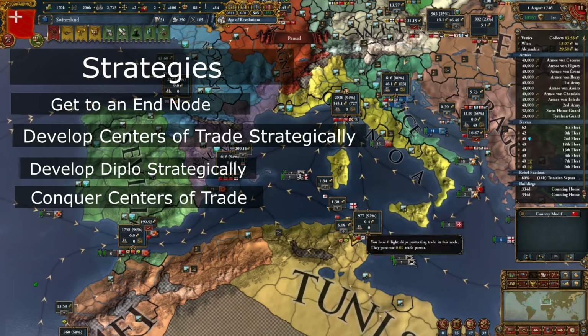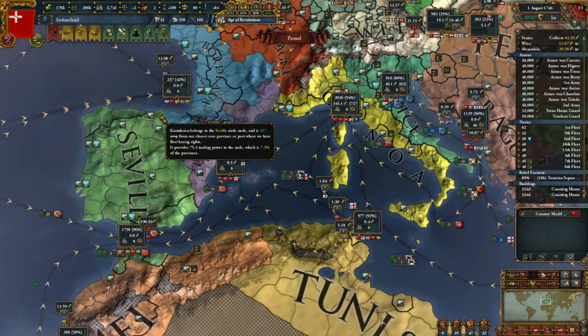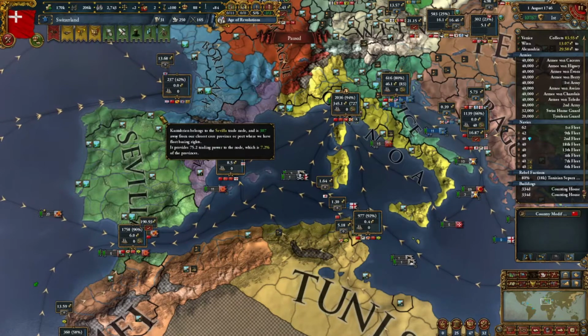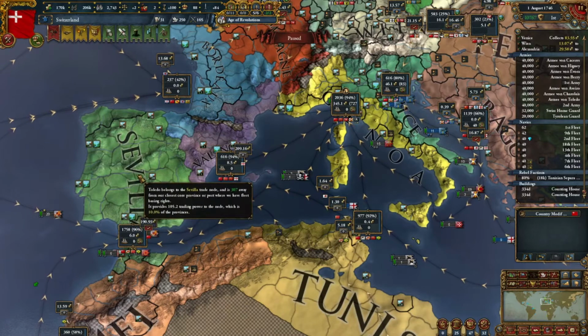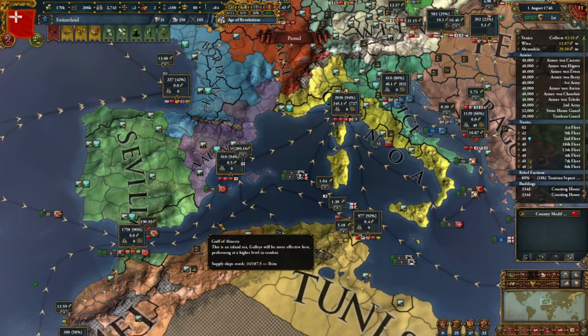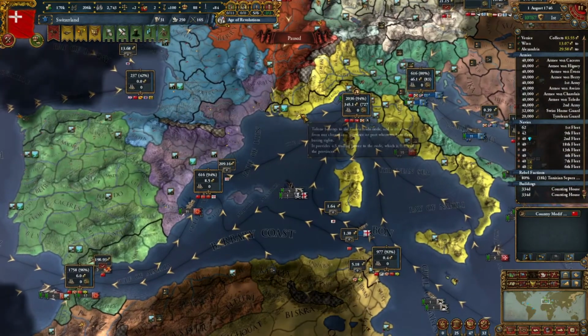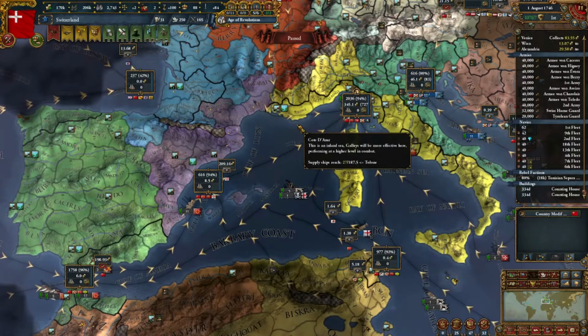And when you're conquering, you want to focus on centers of trade first. Now, these are going to be more aggressive expansion as well, just because they're simply a center of trade. But if you can conquer them, that will starve out your enemies a lot faster and will increase you. Another strategy, before I get into some kind of generic places you're going to want to conquer out,